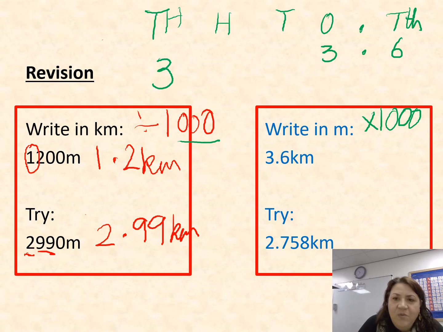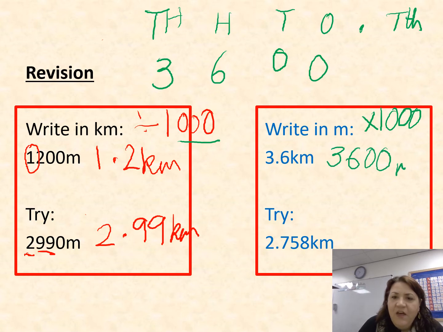And then the 6 will move 1, 2, 3 places into the hundreds. Oh, that's not a 6. There we go. Now, are those digits, are we done? We're not, are we? Because if we left it like that, it would just be 36. So, of course, we've got to fill up with placeholders. So it's 3,600 meters. The other way we can look at it is to think, well, I know I've got 3 wholes there,